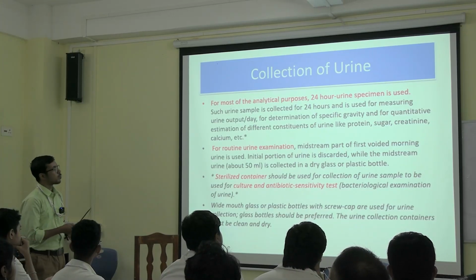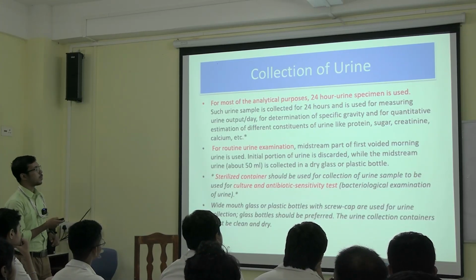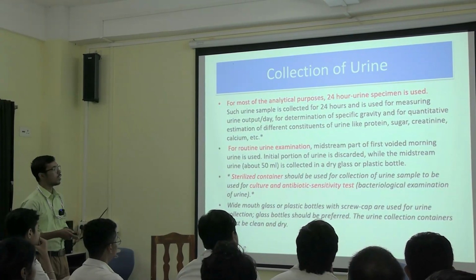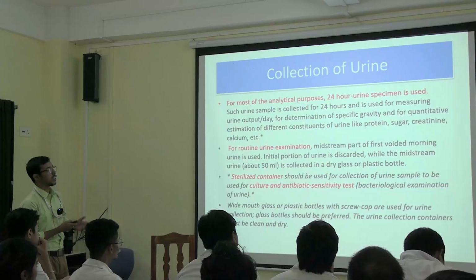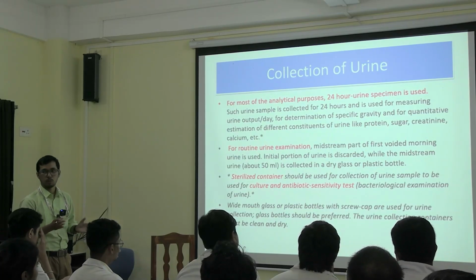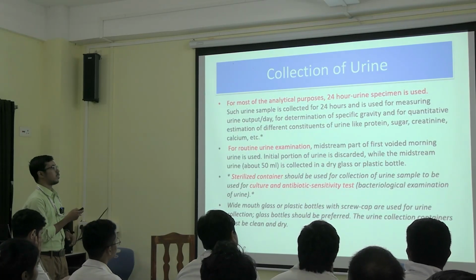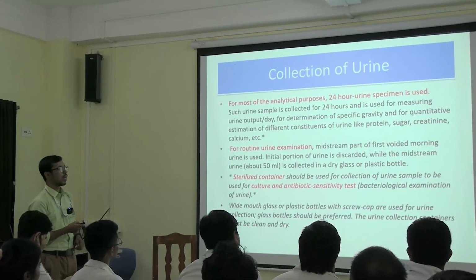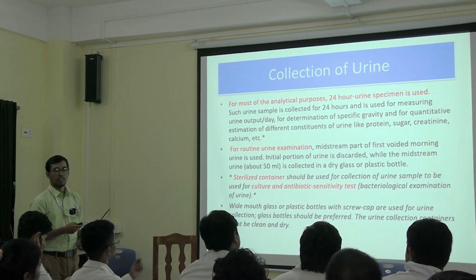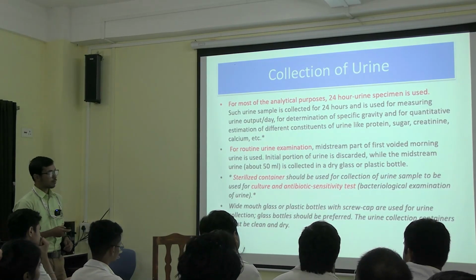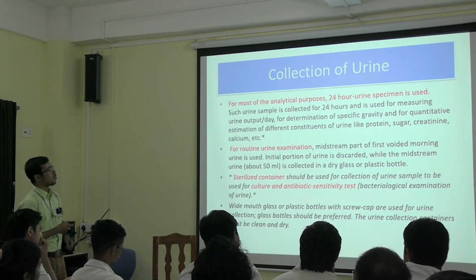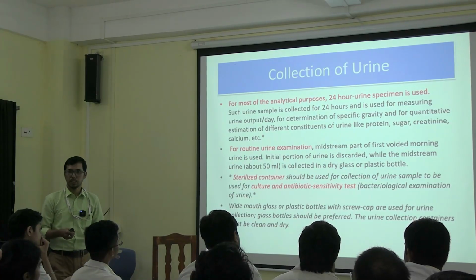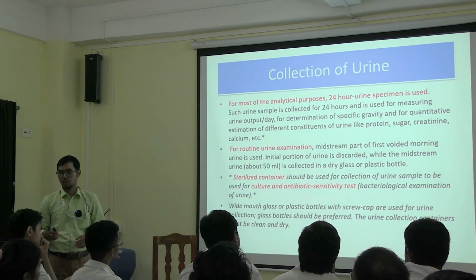So that is for 24-hour measurement. By this collected urine of the whole 24 hours, you can determine the specific gravity and the total urine output. Then for specific gravity and quantitative estimation of different constituents of urine like protein, sugar, creatinine, and calcium. Others are also there. Now for routine examination: